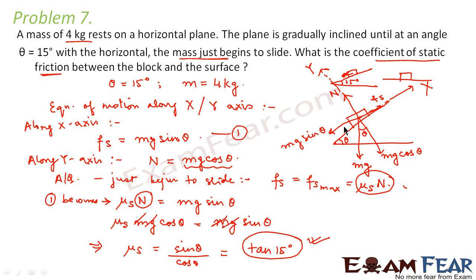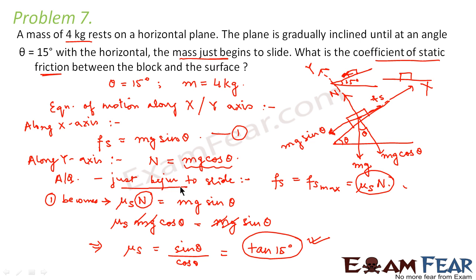So I hope it is clear now. Here also we did the same thing. We drew the diagram. We found all the forces acting on the body. Since the body is at rest, all the forces acting along horizontal direction should be equal and opposite. Similarly, the sum of all the forces acting along the vertical direction should also be equal to 0. That is, these forces should be equal and opposite. Right? So we wrote both the equations.